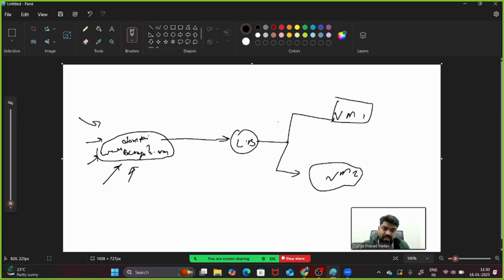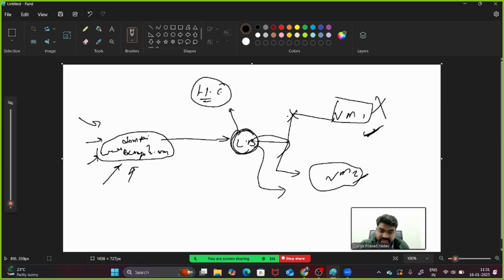So let's suppose there are multiple features of the load balancer here. If VM1 is not working, it will send all the traffic to VM2. In the load balancer itself, there will be something called a health check. The load balancer will check whether the resources, this VM and this VM, are healthy or not. If one is unhealthy, the load balancer will send all the traffic to VM2. Once it becomes healthy, as per your setup you can try 3 or 4 requests, and if it is working, again all the traffic will start moving, 50% here, 50% here.